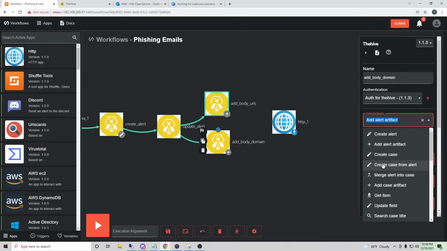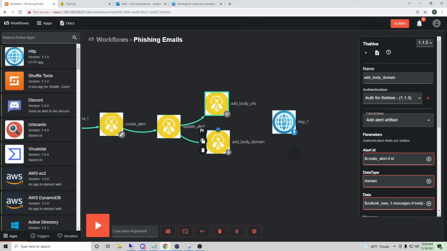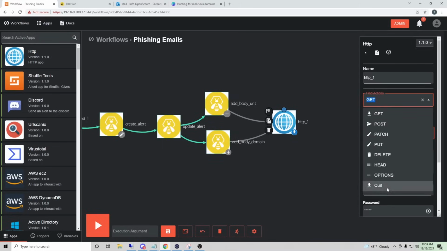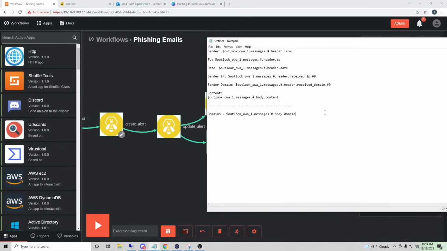For some reason, it's not working with my current instance. I have other instances where this is working. So instead of rebuilding everything or spending time troubleshooting, I'm just going to use a curl, because that will achieve the same result for me. So select this guy. I'll select curl, and here I'm going to plug in my curl statement